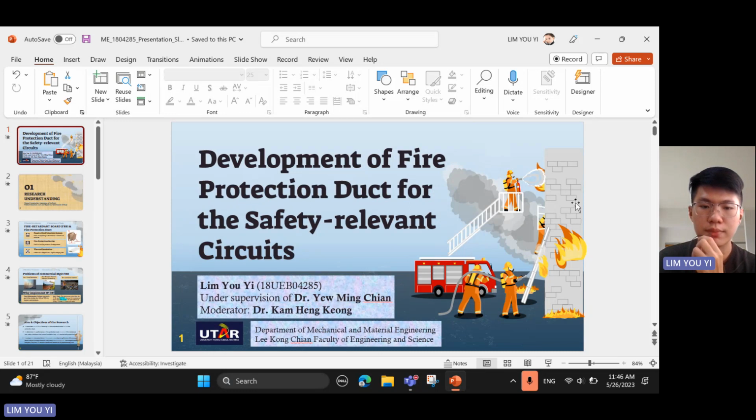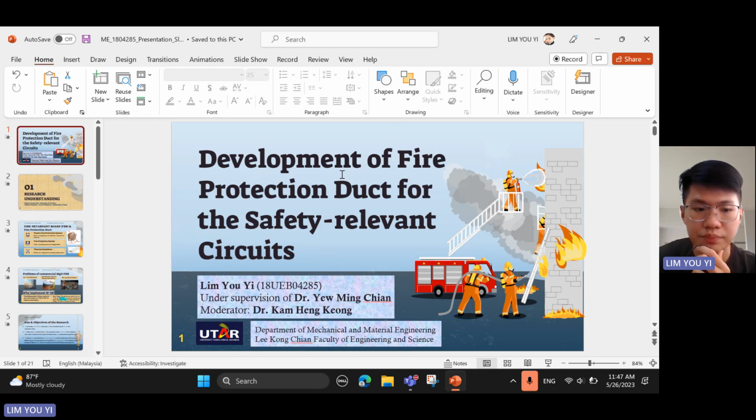I would like to present my final year project, titled Development of Fire Protection Duct for the Safety Relevant Circuits. Why do we need to put the electrical cables inside the fire protection duct? This is because the cables are used to transmit electricity to the fire protection system, for example, the fire alarm and the water sprinkler. Therefore, we have to ensure that all the fire protection systems can carry out their work without any disturbance during